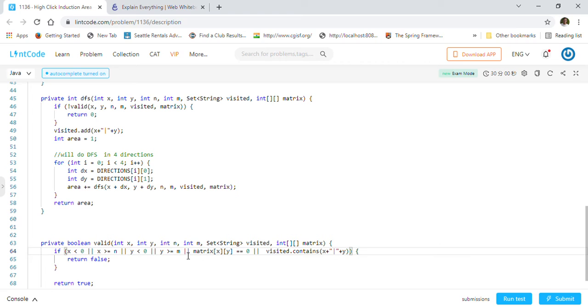If this condition is true, then we are going outside of the boundary, so we will just return false. Otherwise we also want to make sure that the cell we are visiting, if it is 0, then it's not a high induction cell, so we will still return false in that case. Otherwise, if the cell we are visiting is already visited, already in our visited set, then we don't want to revisit it again, so we will just return false here.